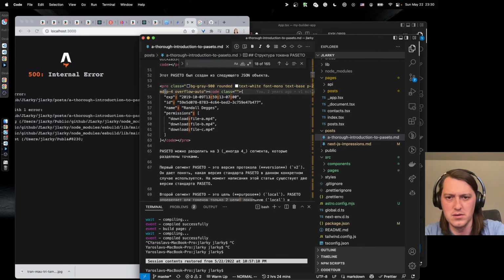Didn't they release a newer Solid? Or is this like defining this version? Okay, I don't know. Okay, so let's remove React from here.